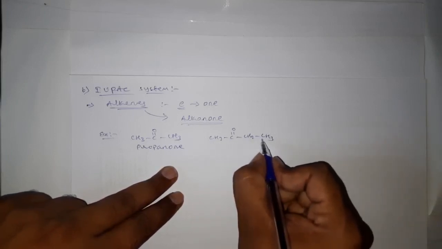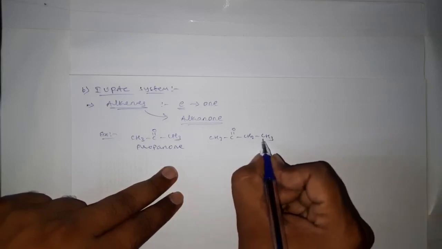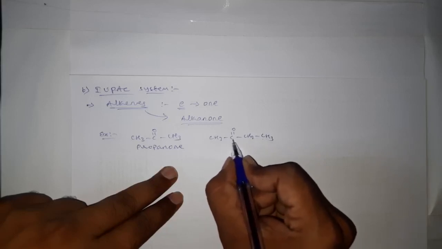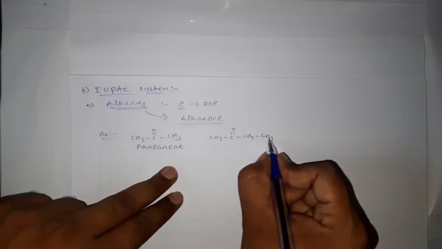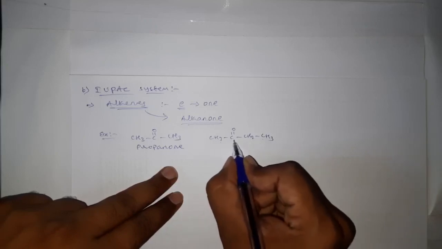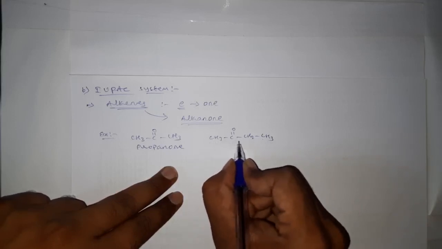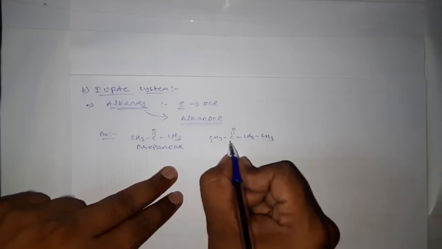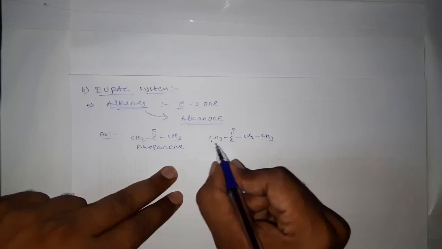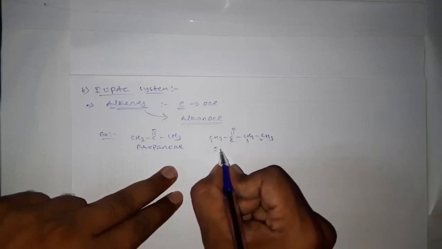Here we can start numbering from this carbon or this carbon. If we start numbering from this carbon, 1 2 3 4, here this carbonyl carbon gets position number 3, and from numbering this side it is getting number 2. Therefore this is correct, because the ketone carbon is getting the least number from this side. Therefore it is 2